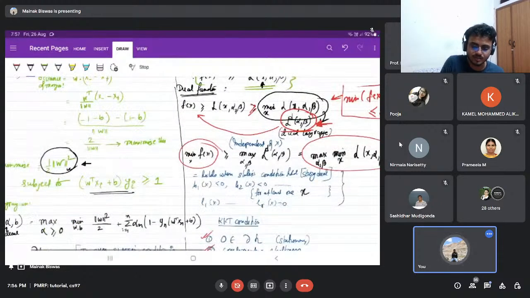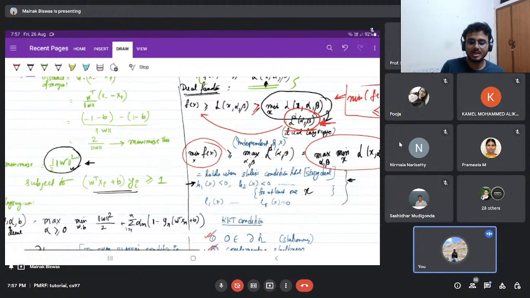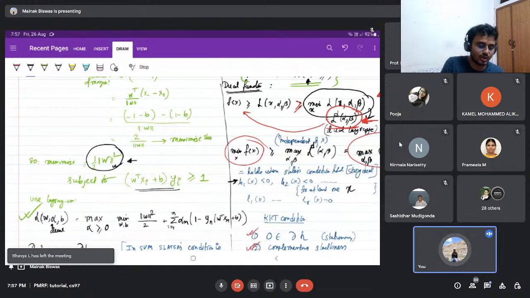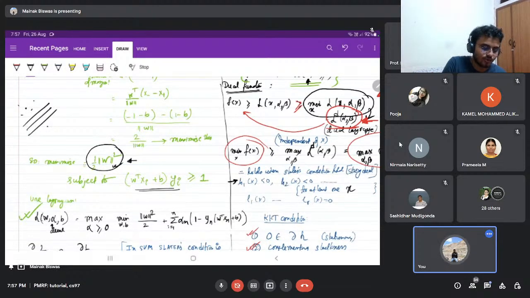Since you asked, Pooja, for one point, h1 of x, h2 of x, and hn of x must all be strictly less than 0. In that case, it will hold. In other cases, less than will hold, but not less than or equal to. But in SVMs, you can clearly see you can draw something like this, right? So in this case, for all the points, all the constraints are less than 0. So for this, it is trivially holding. This was the actual thing I wanted to avoid. So anyways,